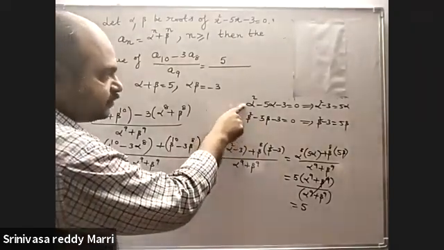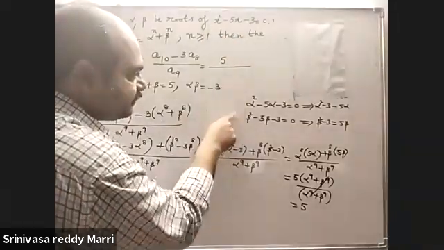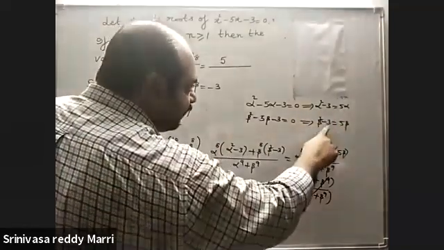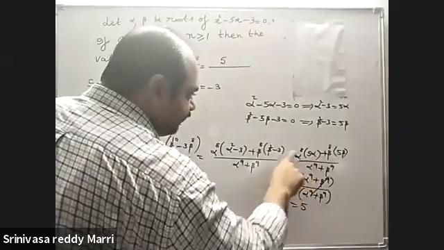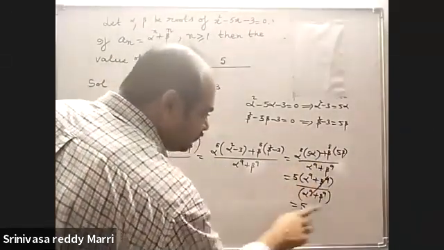So from this, root means alpha, substitute here, beta substitute here. These two equations, yesterday we have done. Alpha square minus 3 is what? 5 alpha. Beta square minus 3 is what? 5 beta. This is 5 alpha. This is 5 beta. Now take 5 common. These both will get cancelled.